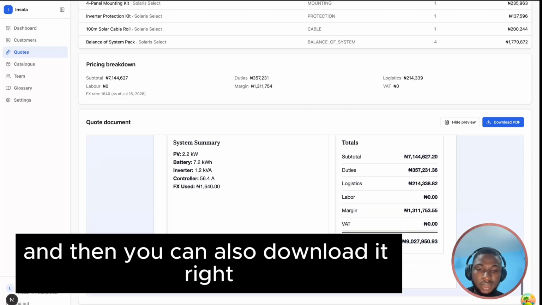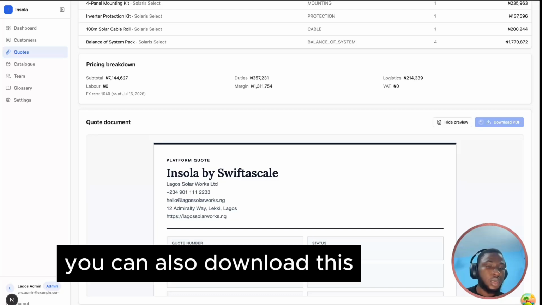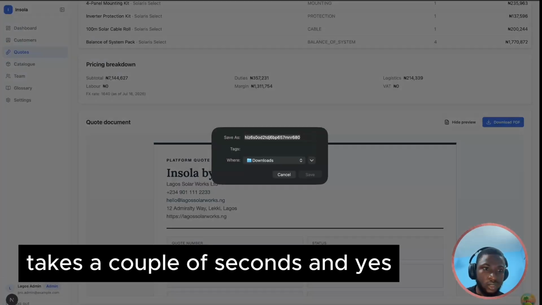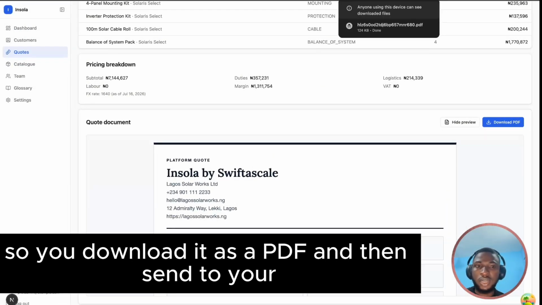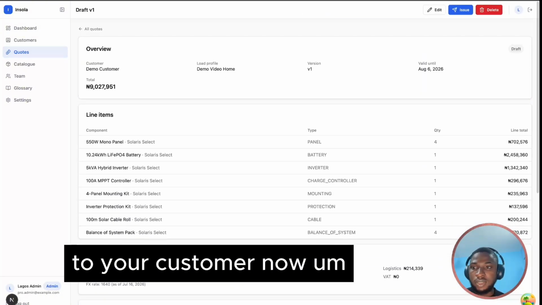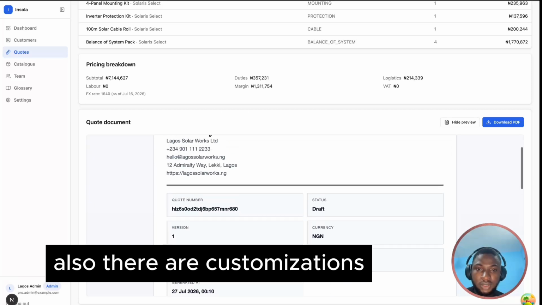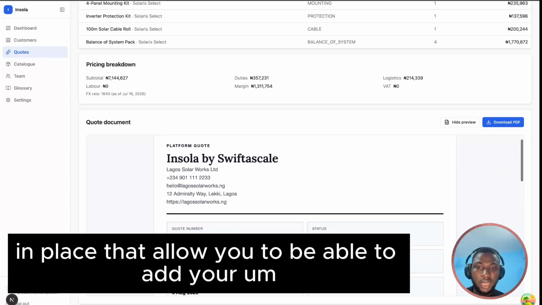And then you can also download it, right? You can also download this. It takes a couple of seconds. And yes, I just click on save, right? So you download it as a PDF and then send to your customer. Now, the documents that you currently see, there are also customizations in place that allow you to add